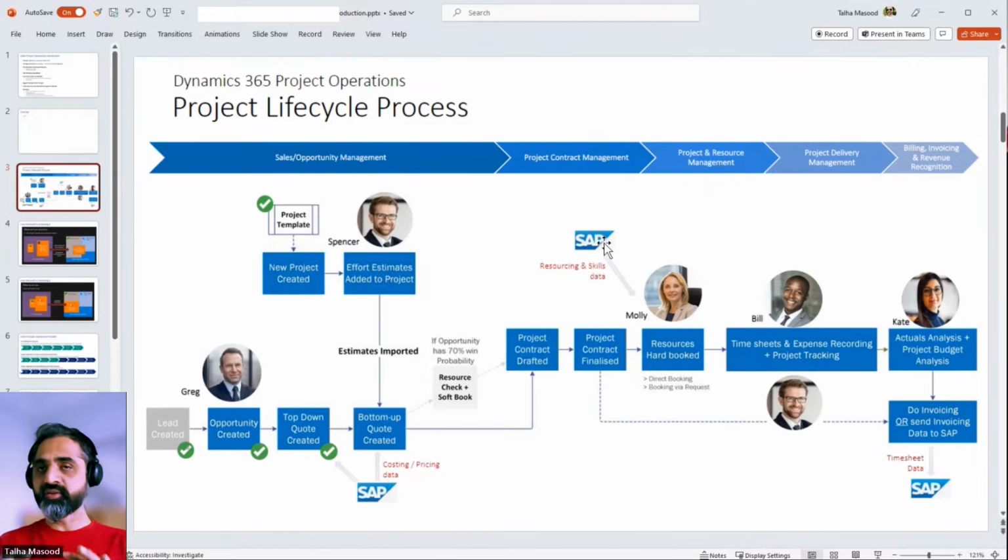But I'm trying to use this diagram because I think it is quite handy to understand the overall concept. And I expect a few people will probably be asking some questions here. If you look at this diagram, at the top there is a bar with stages saying sales and opportunity management, then project contract management, then resource management, delivery management, and billing and invoicing. So everything under sales and opportunity management